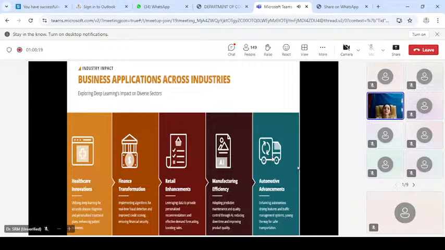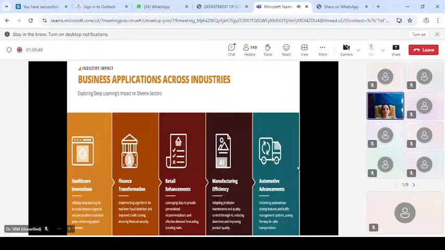Additionally, DL is also driving innovations in drug discovery. How? By analyzing complex biological data, accelerating the process of finding new treatments. And by integrating these technologies, hospitals and healthcare providers worldwide are improving patient outcomes. As well, they are also reducing the costs,